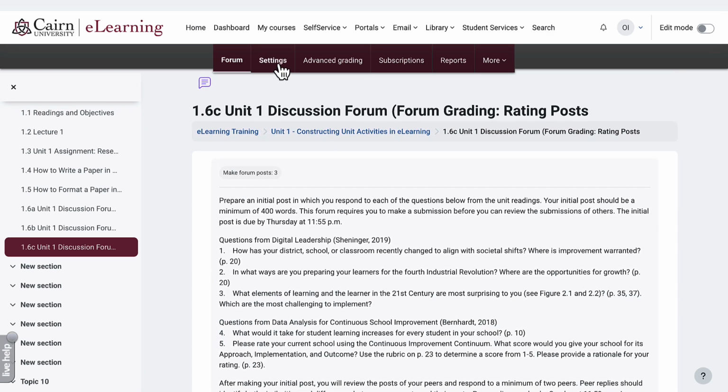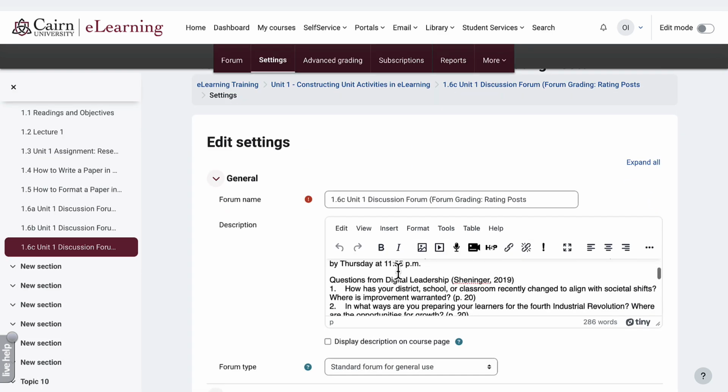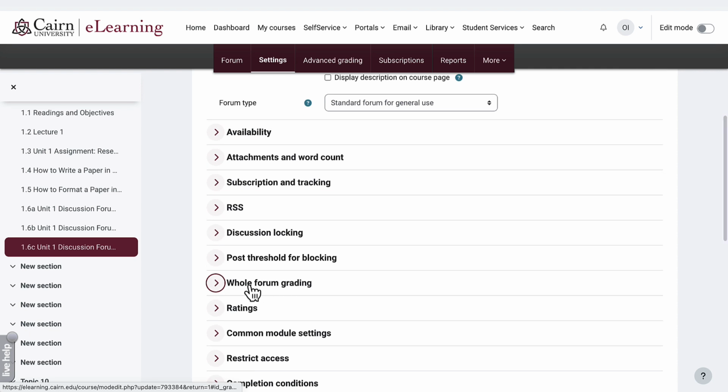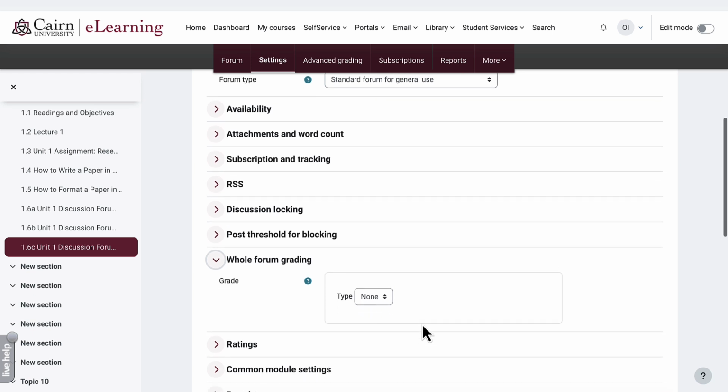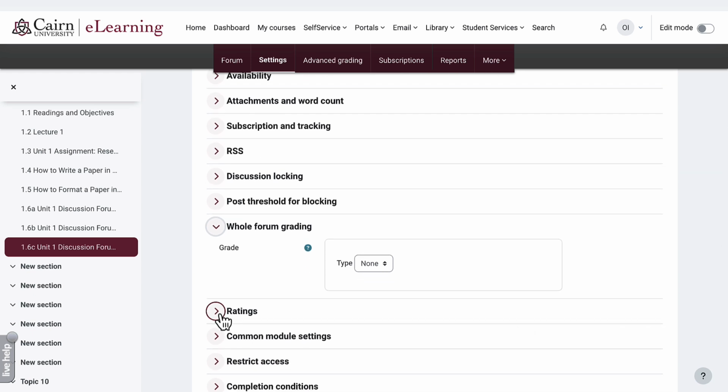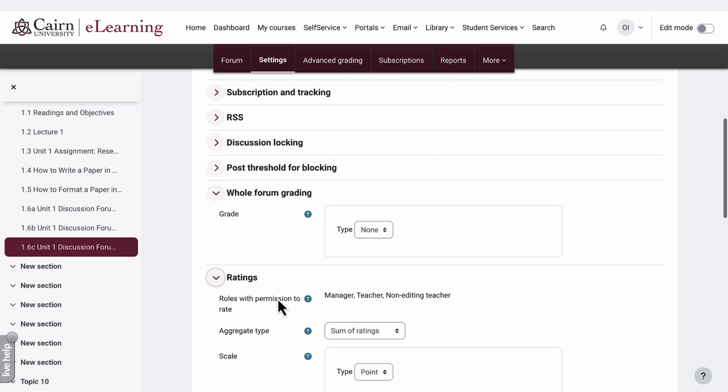If we go here to settings and scroll down, notice that whole forum grading is not enabled. We are not grading the whole forum in one shot here. We are going and grading each post. We are rating each post,